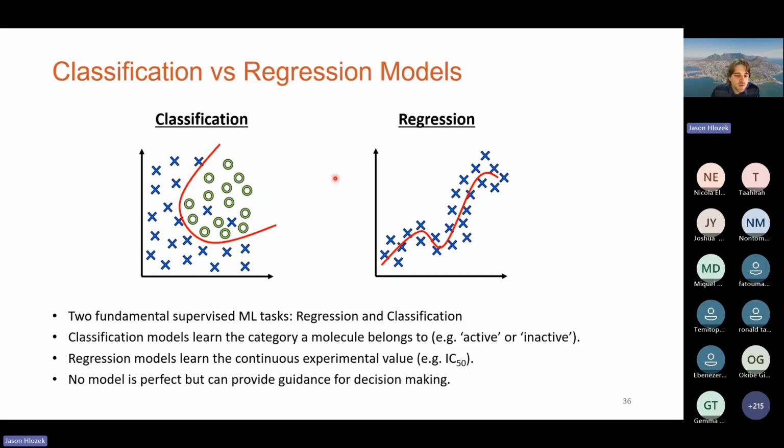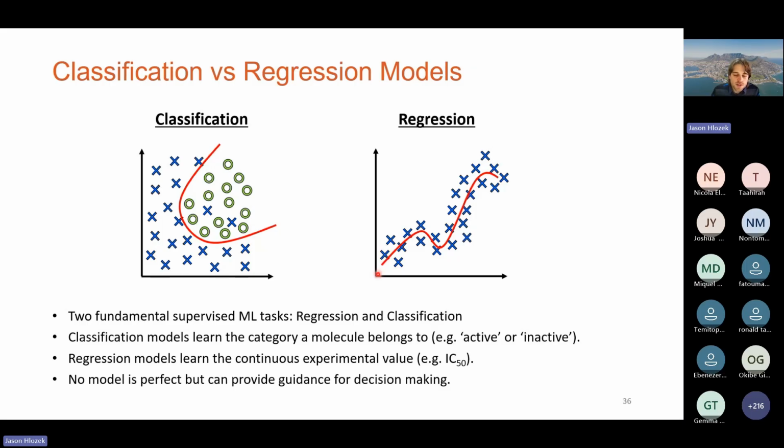But in the supervised learning, we've got labels, and those labels can either be binary category, active, inactive, or some sort of continuous value. And that determines what kind of model we want to train on it. Of course, if you've got the continuous values, you can binarize them into the categories. And so classification models are always relevant. Here, what the model is trying to do is, if this is our chemical space, it's trying to learn how to separate chemical space so that you split out the circles from the crosses, let's say the actives from the inactives.